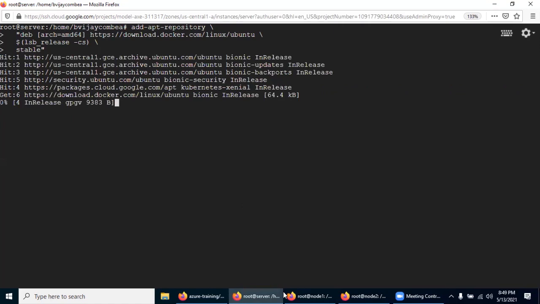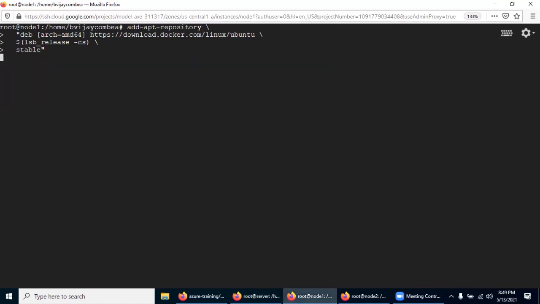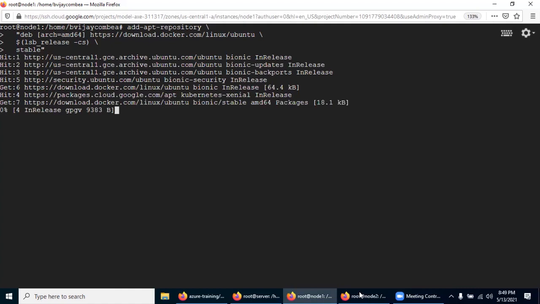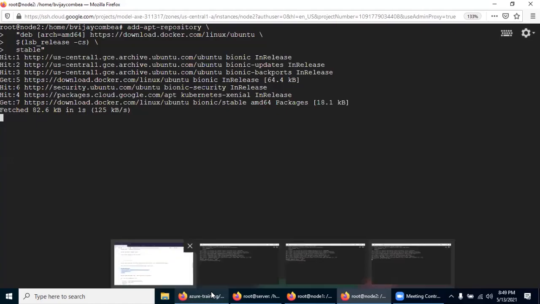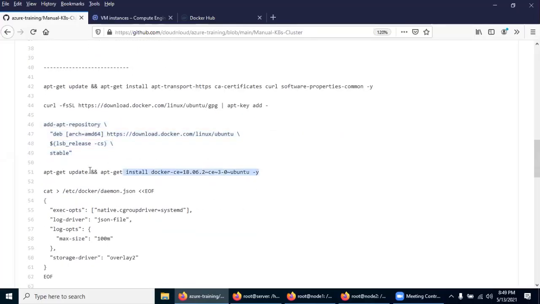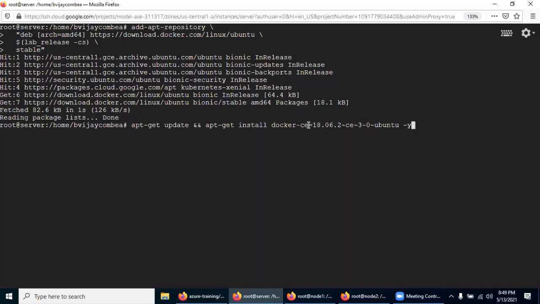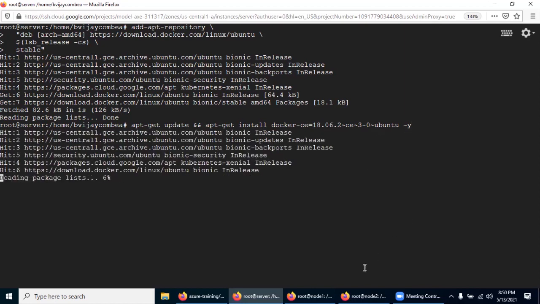I'm adding the repository because we need to initialize the software. It is always better to go with a Google Cloud trial account, because there you can have multiple machines. I think they are giving 3 months. Now we are going to install Docker Community Edition, which is more than enough for most use cases. I'm going with all 3 machines.